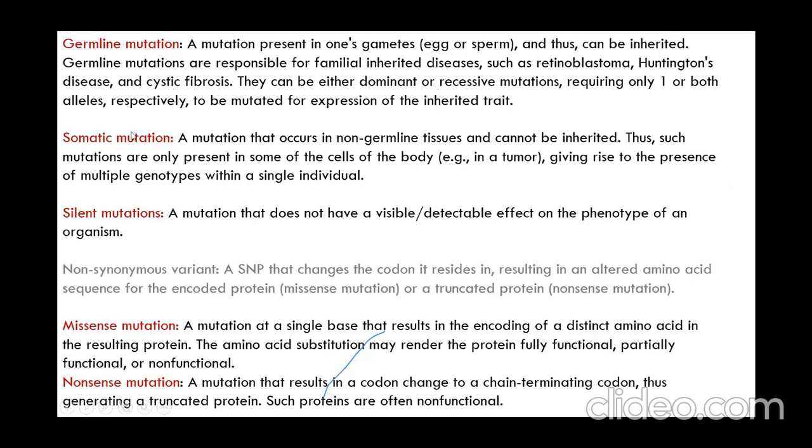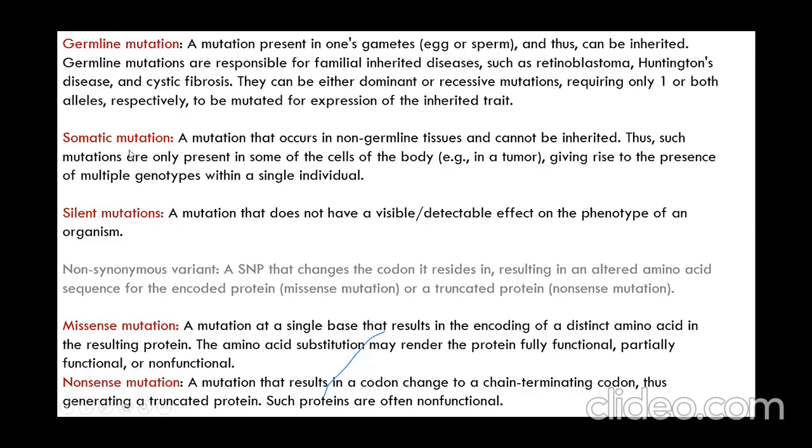Then germline and somatic mutation, one more fundamentally important concept. Any mutation happening in the gametes of a given organism, the eggs or sperm, depending on the sex of the organism, any mutation happening in the egg or the sperm is called a germline mutation. And importantly, when reproduction and fertilization happen, germline mutations are inherited. The mutation in the germline will be given to the progeny.